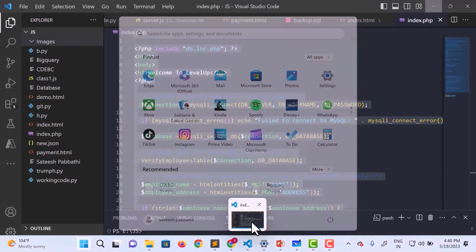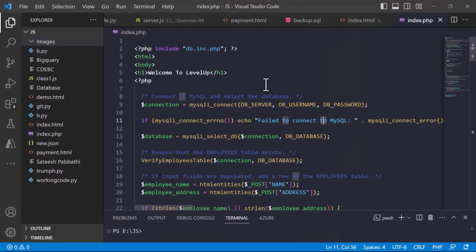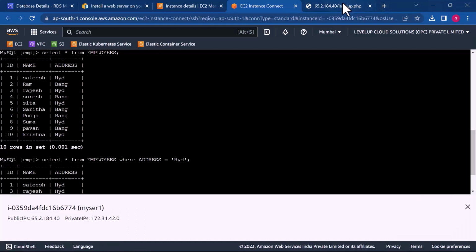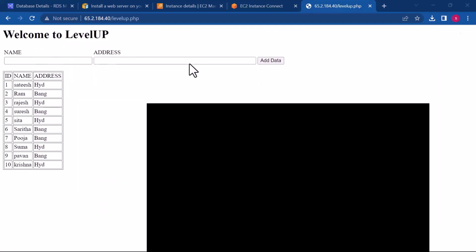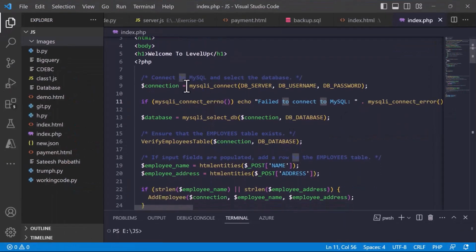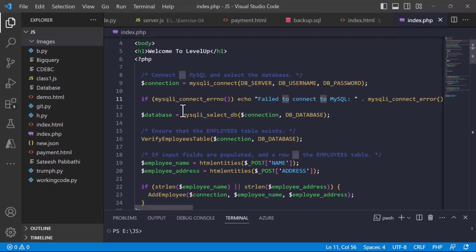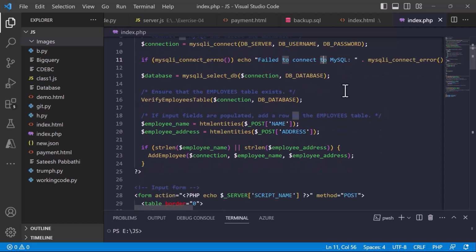Okay, my code is here. Let's see what is there in this code. I'm saying body welcome to level up. So as soon as we see this, welcome to level up is displayed here. Now what we are saying here: if the connection failed, you remember in an inc file we have given the server name, username and password, right? So it will try to connect to the server immediately. If it fails, it will say failed to connect to the SQL server. If it is not failed, it will verify whether